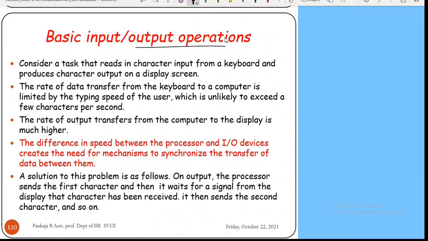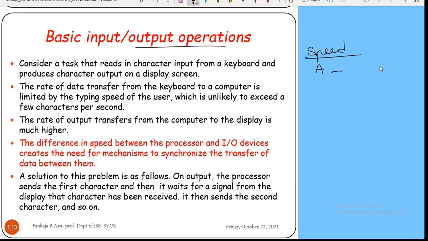Because I have already explained, most of the time there is a speed difference between the IO devices. So we cannot expect the same speed from all the devices. Example, keyboard. So what is the speed of the keyboard? It purely depends on the typing speed of the user. Okay. So I may enter key A. I may take some rest. Later I'll enter the next character. So now what is the speed of keyboard? It purely depends on the typing speed of the user. Similarly, even output device. Okay, the processor, memory, each of these devices has its own speed.